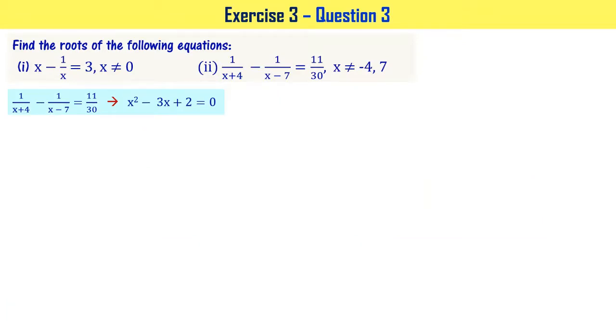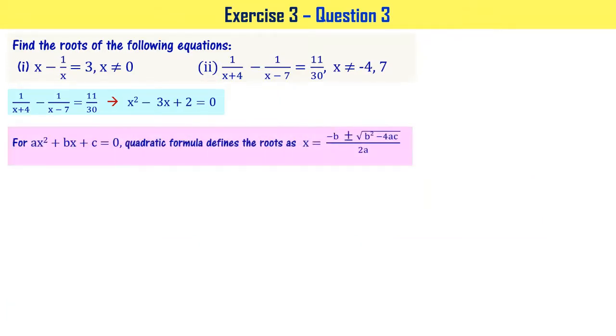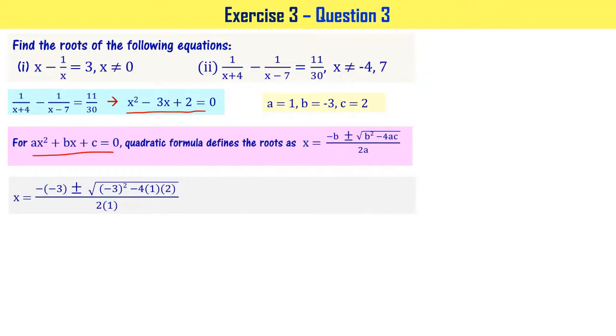For that, I'm going to use the quadratic formula, right? To solve this equation using quadratic formula, you need to know what are the values of a, b, c. For that, let me compare this with this. When you do that, you can say that a equal to 1, b equal to minus 3, and c equal to 2, right? Let's substitute these into the quadratic formula and simplify this such that you get x equal to (3 plus or minus 1) divided by 2. I can take plus sign, that is going to be one root.